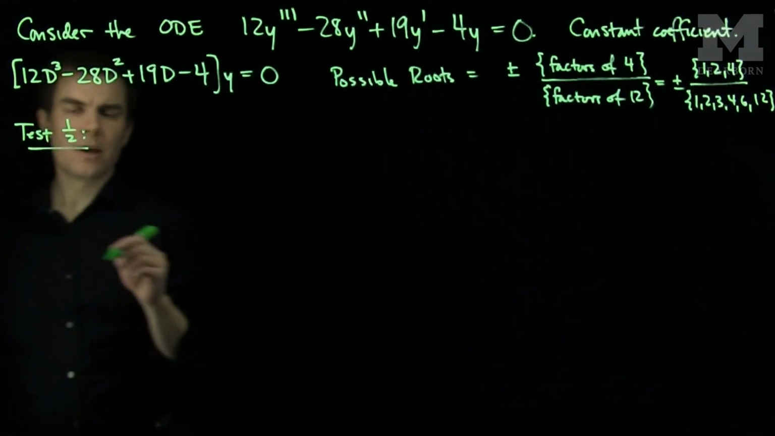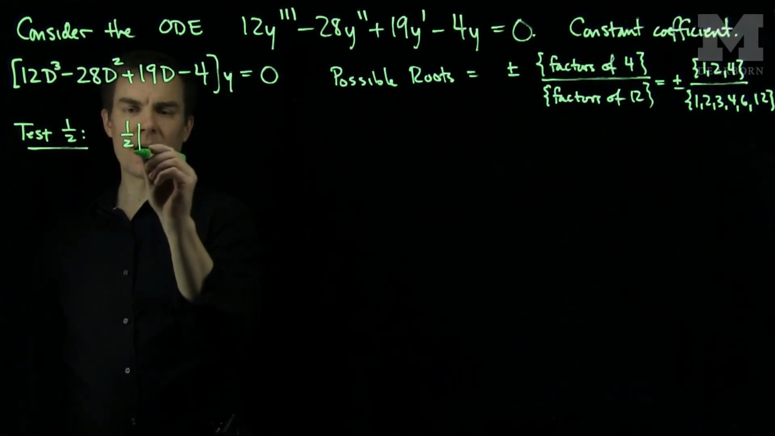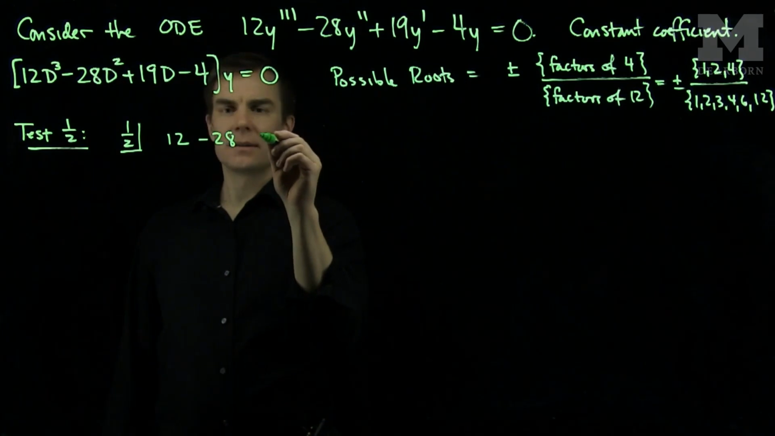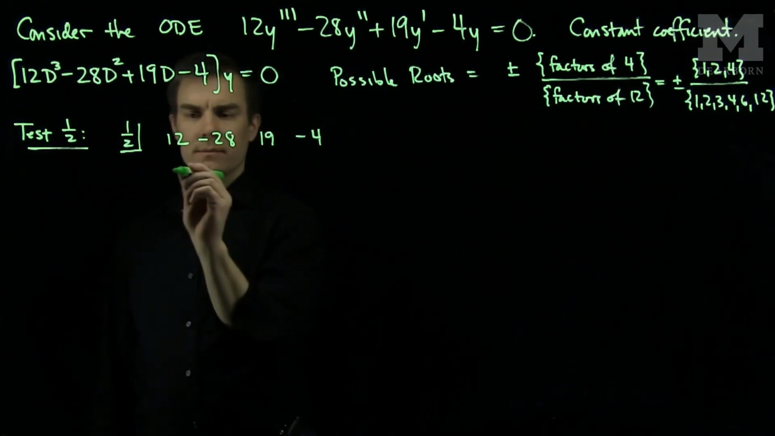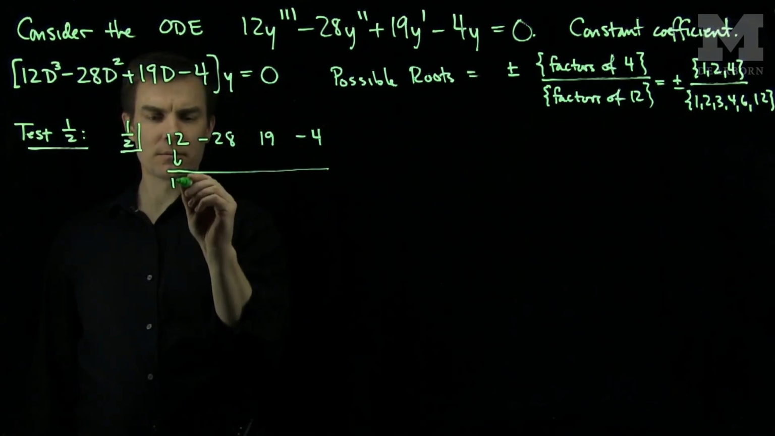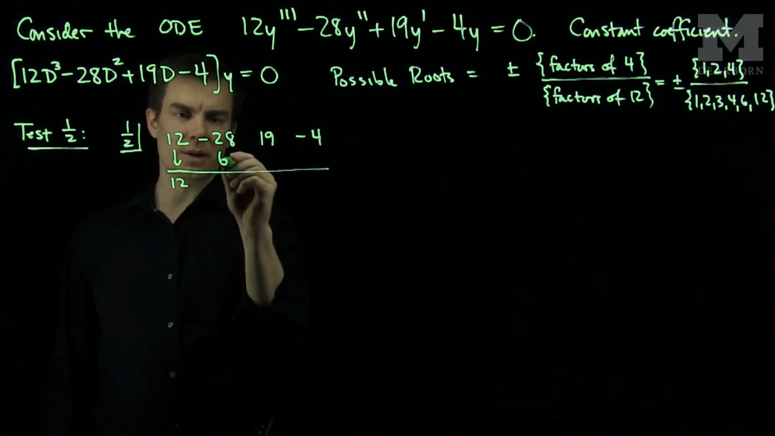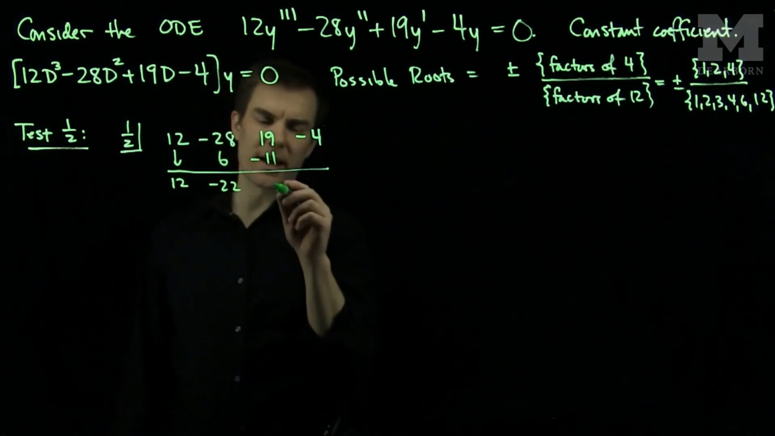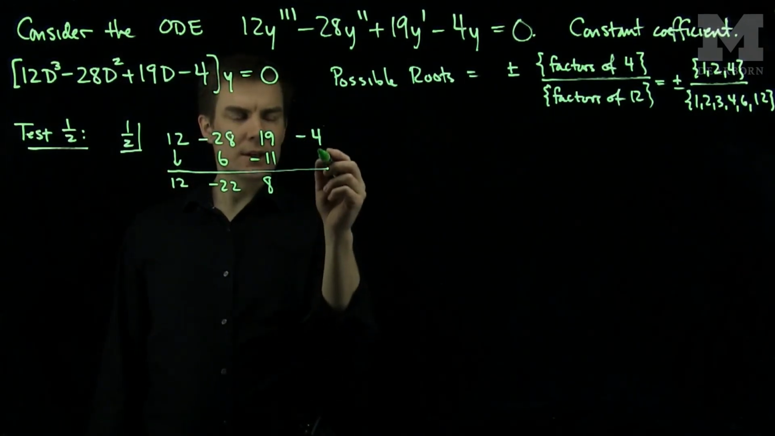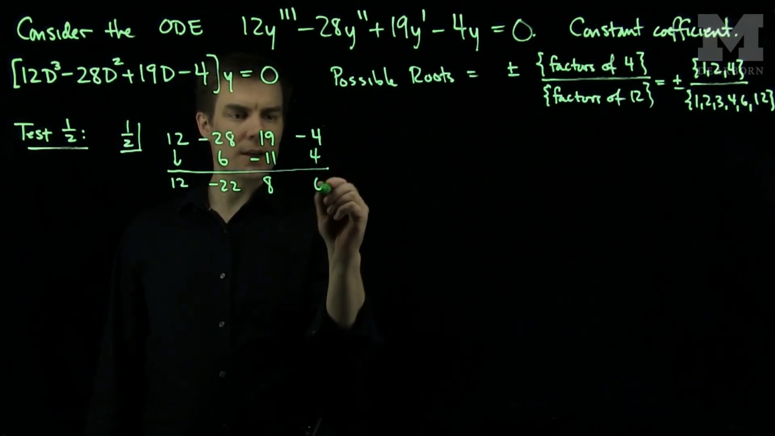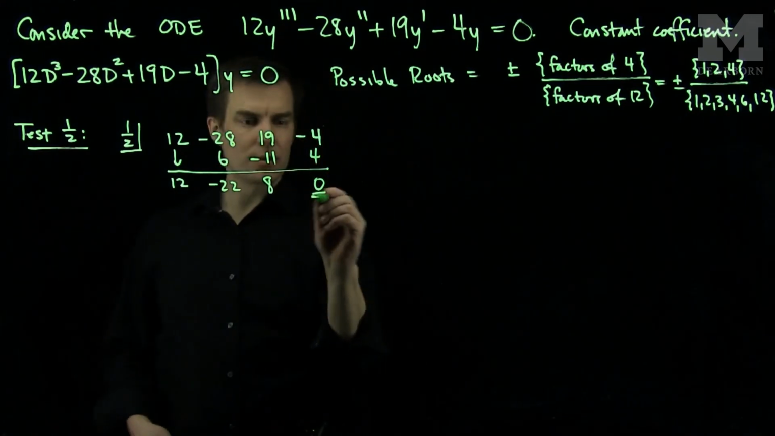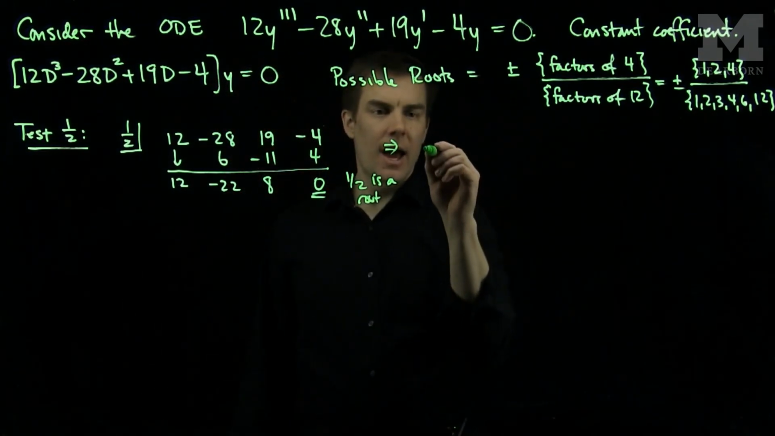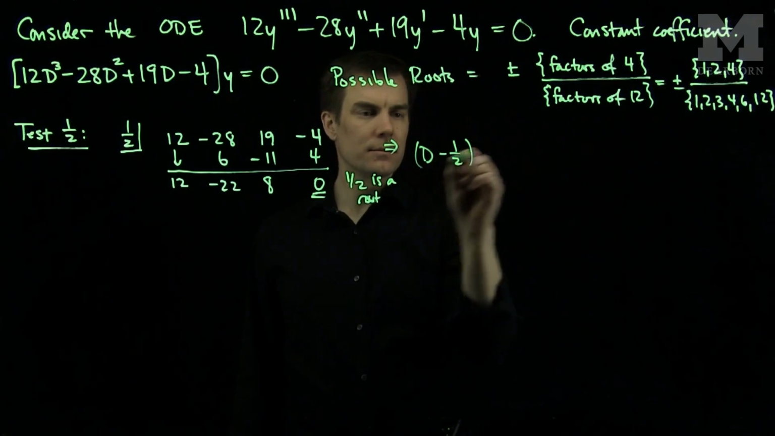So let's test 1/2. We'll put 1/2 in the box, and then we'll have a 12, a negative 28, a 19, and a negative 4. We'll bring the first number down, 12. Then 1/2 times 12 is 6. Then I'll have a negative 22. Then a half times negative 22 is negative 11. 19 and negative 11 is 8. 1/2 times 8 is 4, and then a 0. And so that tells me that we have a root, right? So 1/2 is a root, which allows me to factor out D minus 1/2